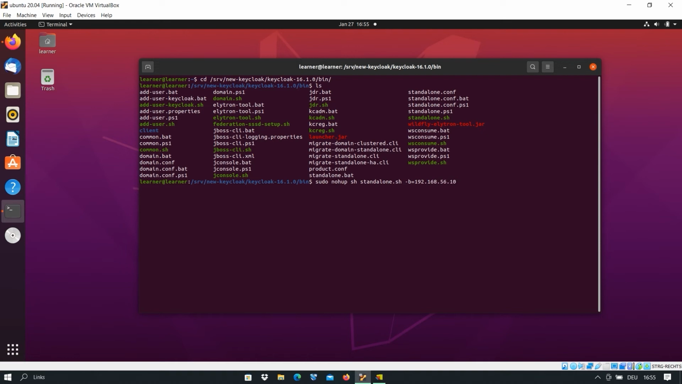It's the IP address of my machine, and -bmanagement. It is for the base URL of management. Again, the IP address of my machine, and at the end of that, the & character. I press enter,